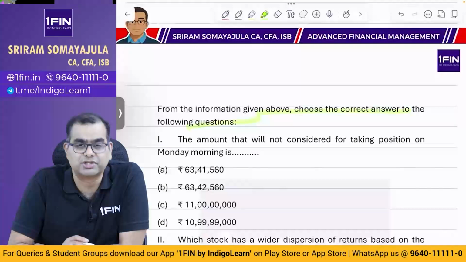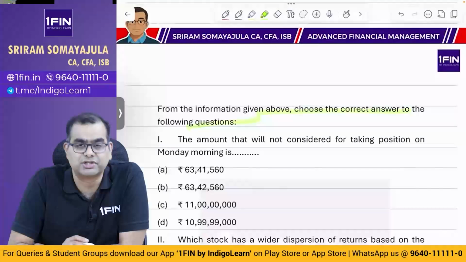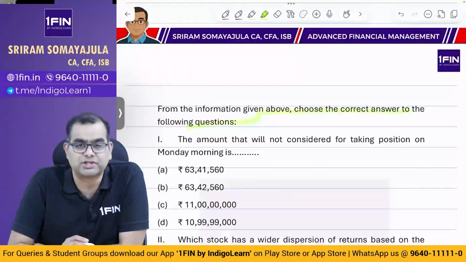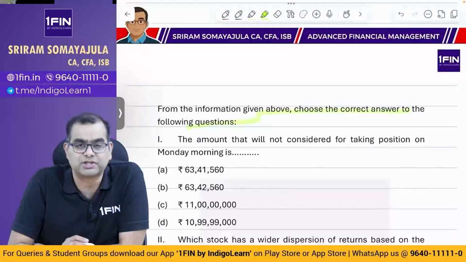Here I don't think we are looking at unsystematic risk only. This is definitely not the answer. It is sort of a diversifiable risk, but when you look at the standard deviation of the stock, you're actually looking at the total risk. Because here we took the value of standard deviation, and standard deviation is total risk. It is not diversifiable or market risk only. So the answer for this is C, total risk. Slightly interesting and twisted question, right?